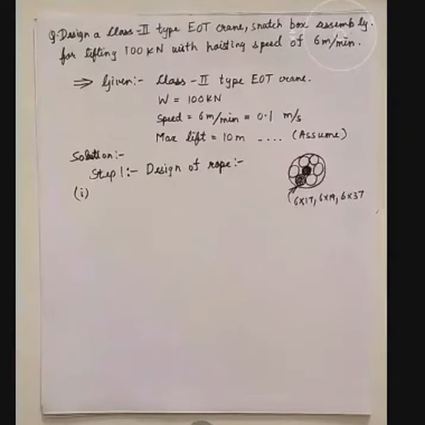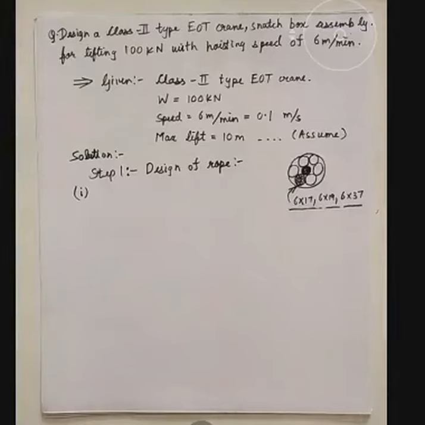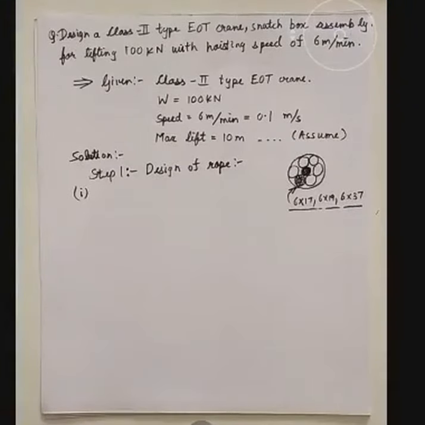So in the very basic step of selection and design of rope, you have to select a type of rope. First you have to select which one you would want to select, what is the reason, and then moving forward we will be finding the diameter. Getting the point? Am I clear?